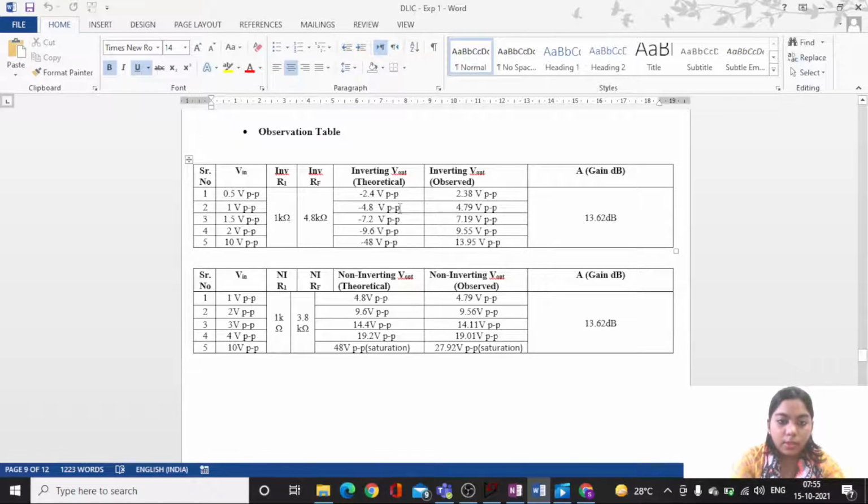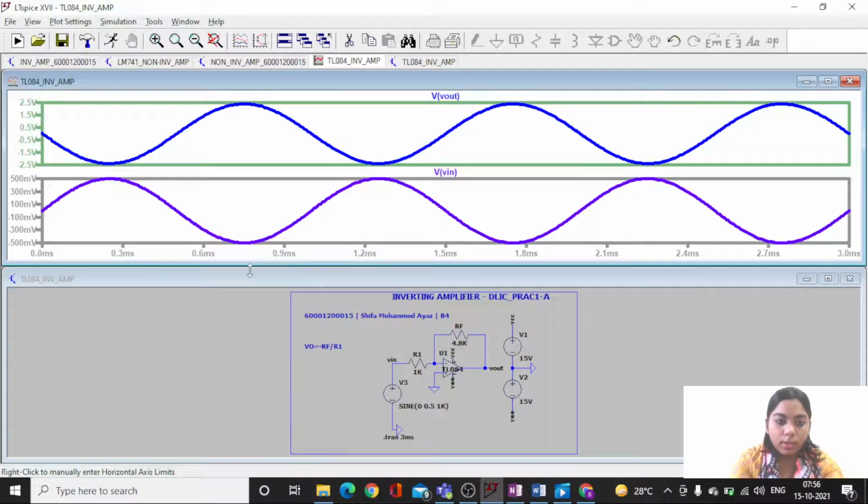For example, here it is showing me 4.8, so 2.3 into 2 would be 4.6, okay, and similarly at the output you will observe 4.7, when I actually have observed this 4.6 or 4.7. And when you actually calculate your RF by R1 using this formula, you are getting 4.8, okay. So that's the outcome of this particular amplifier. So this is my inverting amplifier.